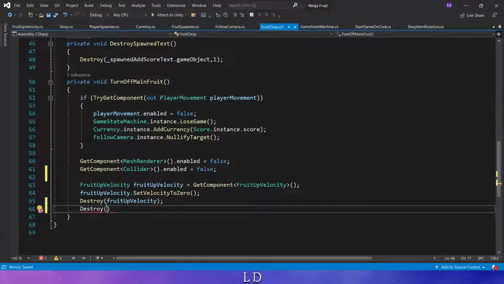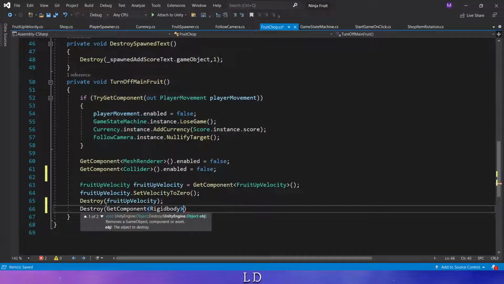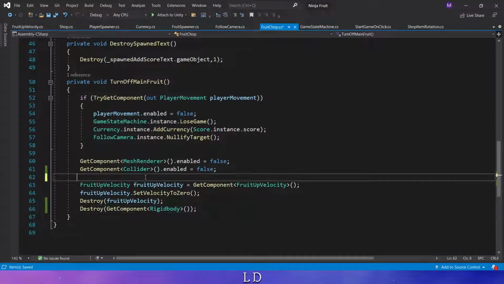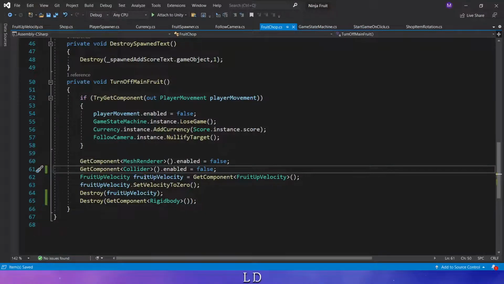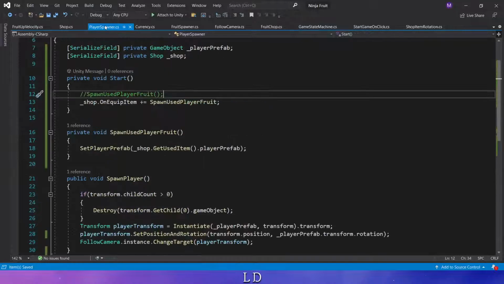So get component rigid body, like so. We're gonna destroy that also, and I think it should fix itself in a way. Also, I'll activate this spawn used player fruit because I want to know that